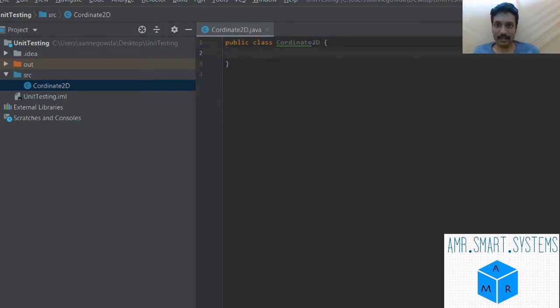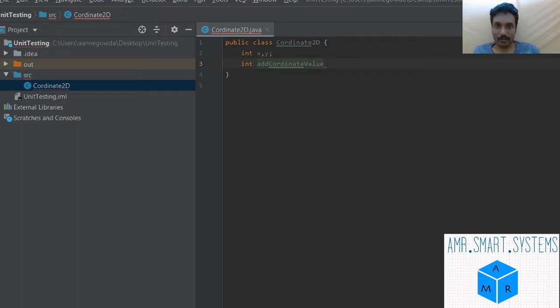So let's add its member variables. Maybe I will add int x, y. These are the two axes in coordinates. You'll have x and y coordinates, right? Then you want to add a simple function, such as adding these coordinate values. So it will have a return value, add coordinate value,